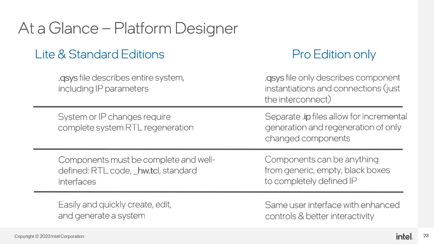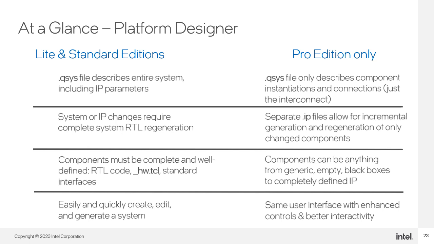As part of this at-a-glance section, I will also talk a little bit about the differences between Platform Designer and the standard version versus the Pro version. When using standard Platform Designer, you work with the QSys file to create your system. The QSys file contains all the information required to generate RTL code for the system, including all component connections and IP and interface parameters. In Platform Designer Pro, you still work with a QSys file, but the file only contains component instantiation and connection information, just the information required to generate the interconnect fabric, essentially turning all components in the